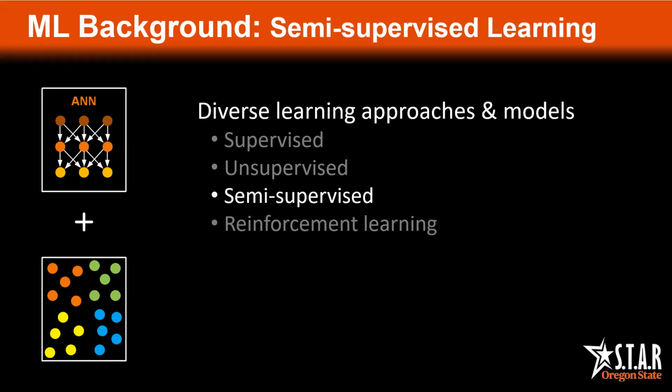Semi-supervised learning represents a mix of supervised and unsupervised learning, with some paired input and output data and some unpaired input data. These models are particularly useful when there's lots of input data, but it would be too time-consuming to generate an output target label for all this data. So far, semi-supervised learning has not found much application in architecture, but it could still be explored.